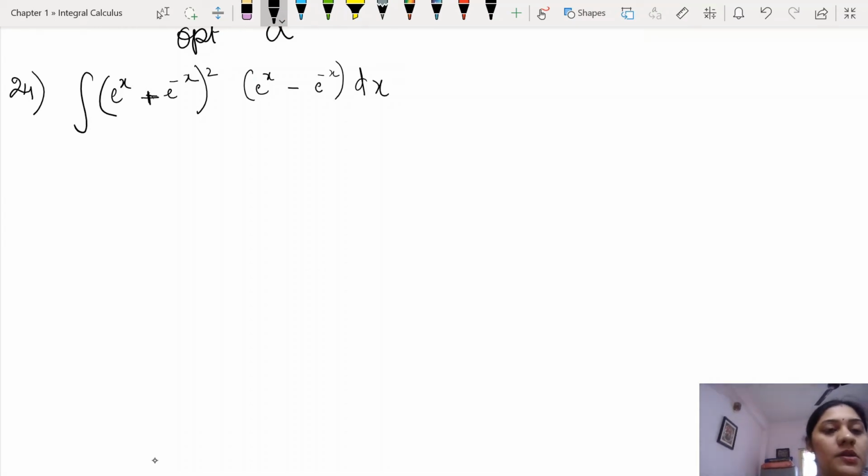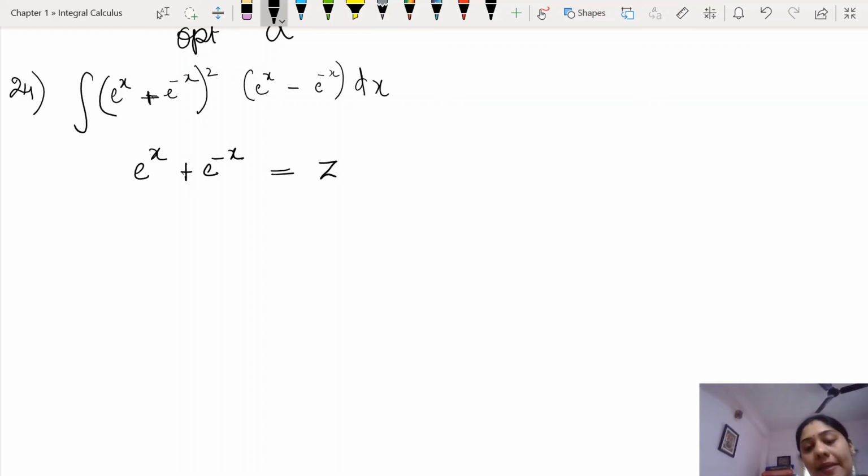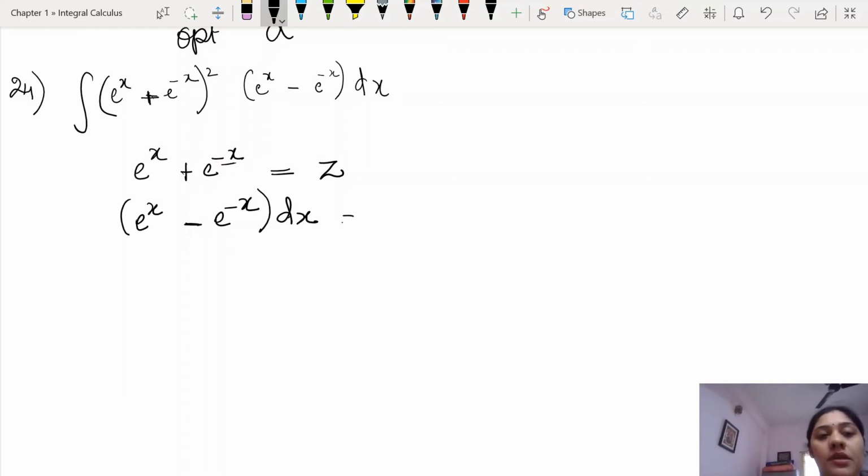Okay, so now we have e power x plus e power minus x to be z. Now differentiate both sides, you will get e power x. This will also remain as e power minus x. However, this minus in the power will become minus here. The whole thing into dx is equal to